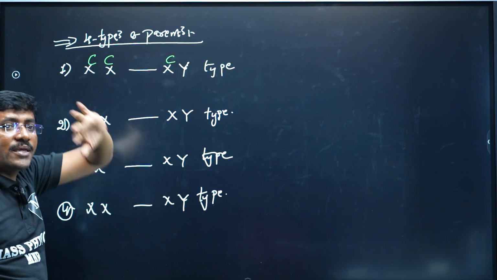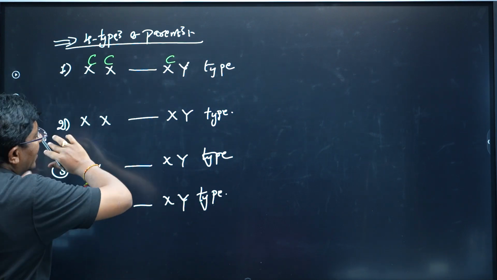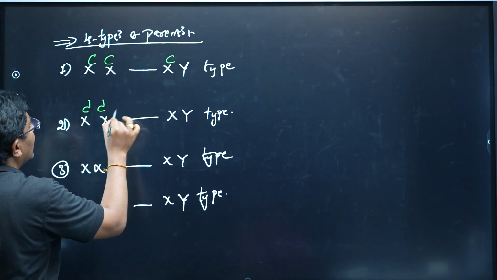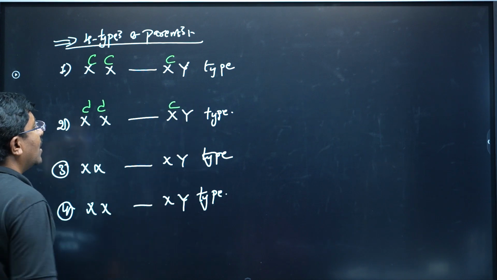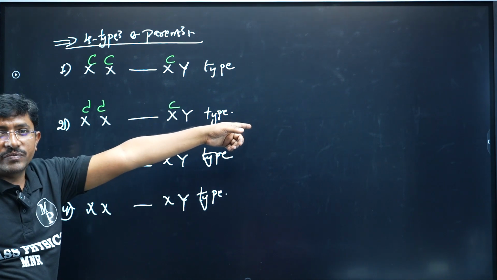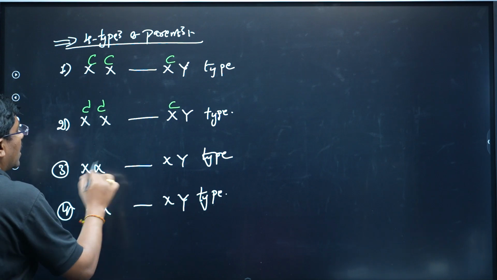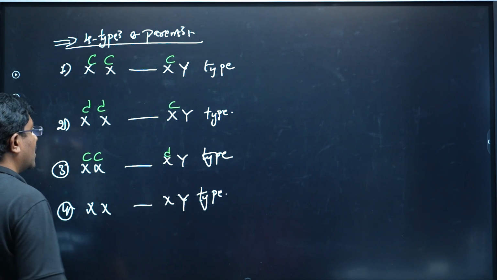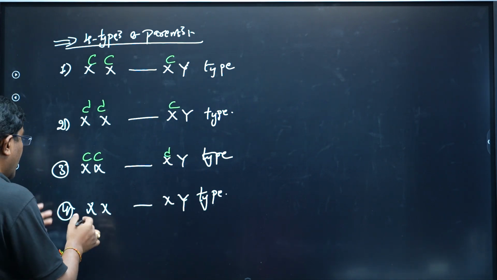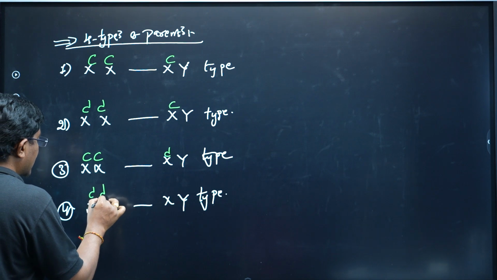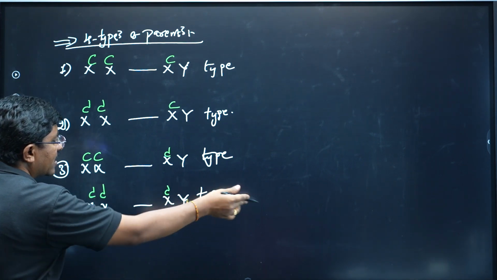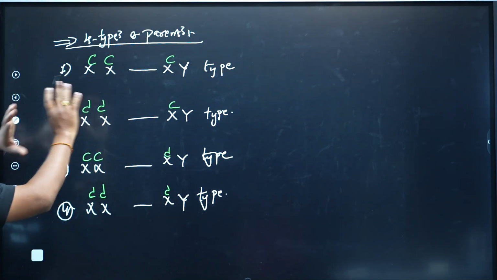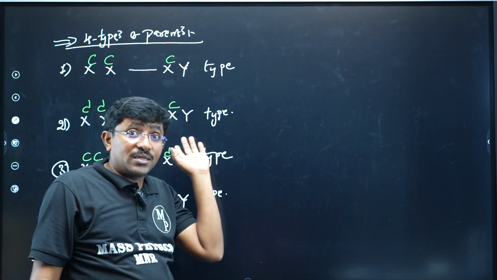Then what is the probability of their progeny? Completely reciprocal now. Color blind mother and normal father, what is the probability of their offspring? What is the percentage? Now reciprocal: normal mother, color blind father. Now quite opposite: both parents are affected for color blindness. What is the probability of their progeny? So these are the traits. 4 types of parents are there.